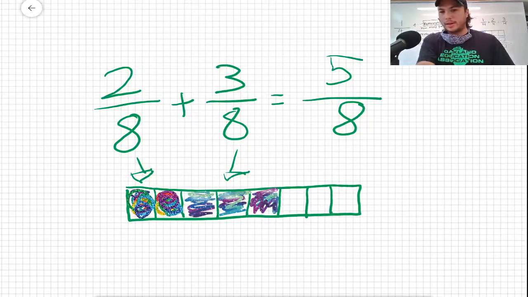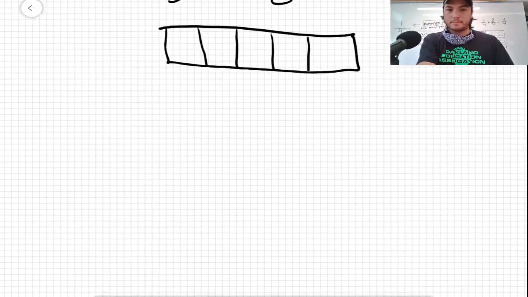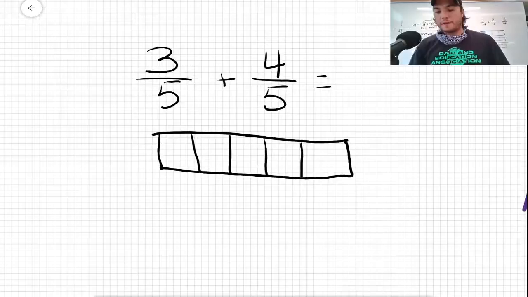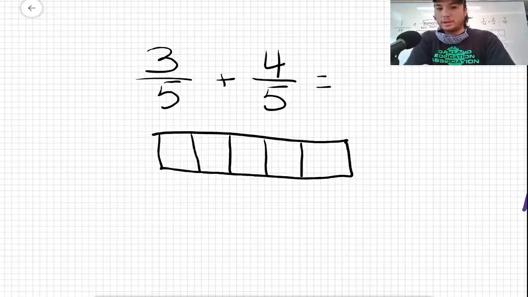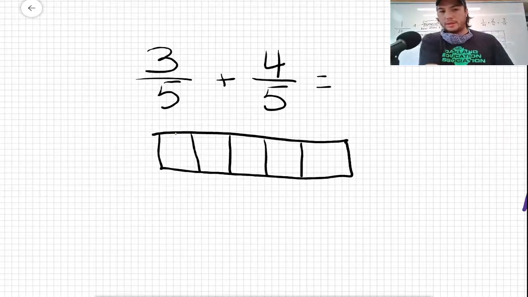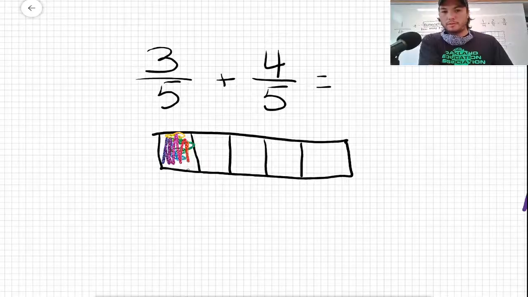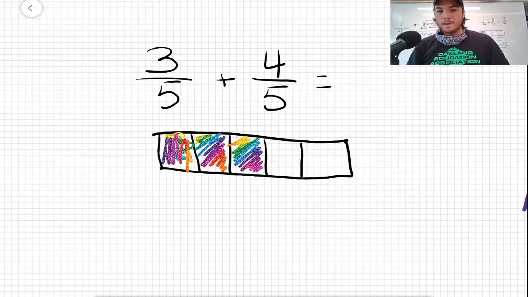Let's try another one, and this one's got a little bit of a trick to it. 3/5 plus 4/5. Okay, I've started us with a fraction bar in fifths. But I want us to notice something. 3/5, let's shade that in. Here's 1/5. Here's 2/5. And here's 3/5. Now we're going to add 4 more fifths to this equation. Do we have space for that in this fraction bar? If we don't,